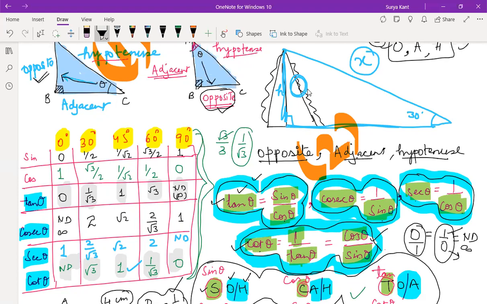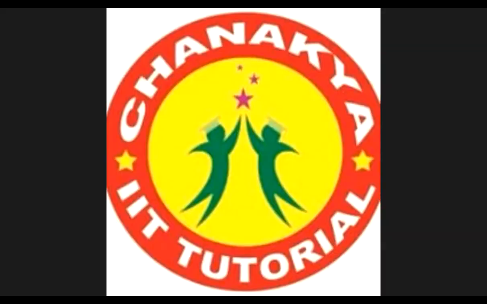Sine and cos you remember easily, and the reciprocal of sine is cosec and of cos is sec. It's clear, sir. So these are all very easy concepts, children. If you are having doubt, we'll do one basic concept of this again. So that's for my side. Okay, for today, you can just